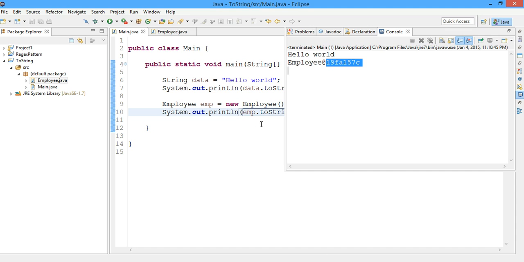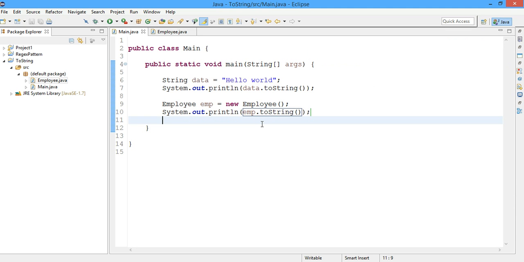So let's try to override the toString method and make it do what we want. We want that when we call the toString method on the Employee object, the id and the name of the object should be printed. So let's provide some sample data here. Let's say id is 12 and the name is Jacob,